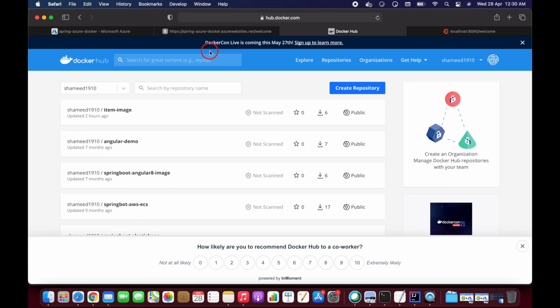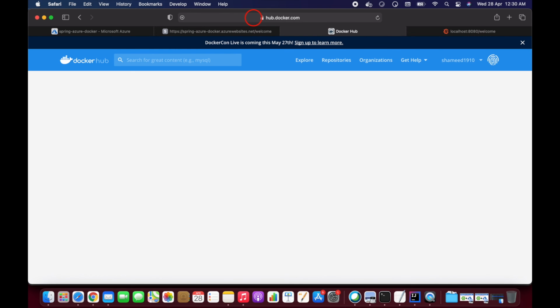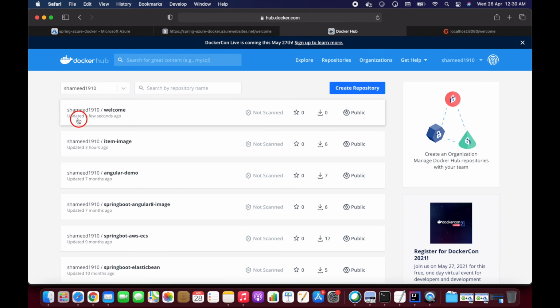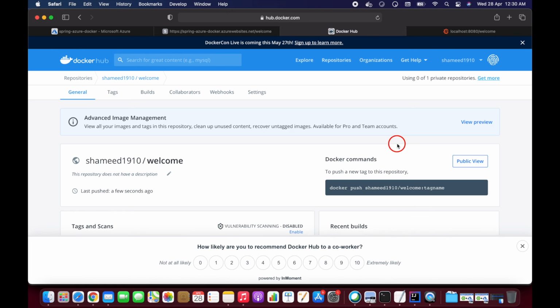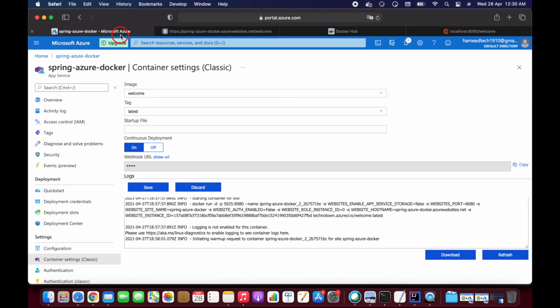So let's open my Docker Hub and refresh here. Okay, so this one, shamid1910, welcome. So this is successfully pushed to my Docker Hub here. So let's copy this, guys. Let's click on this and let's copy my image here and come to